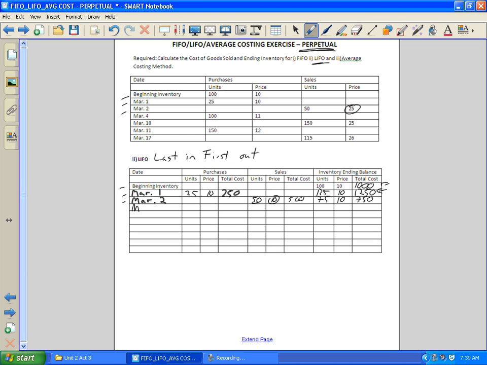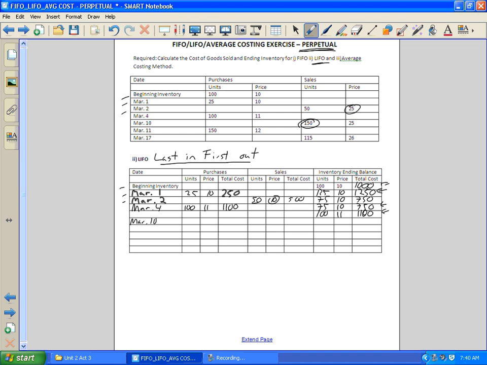Then on March the 4th, we have another purchase of 100 units times $11. And remember before, you want to make sure that they're separated out. So 75 times 10 is 750. And we purchased 100 units more at $11. And that gives us $1,100. Again, just like before, we want to break out these two separate cost amounts so that we have an idea what's going to be used when we're using the last in, first out inventory method, which is exactly what's going to happen on March the 10th, because we have a sale of 150